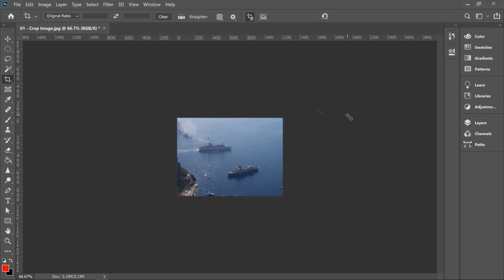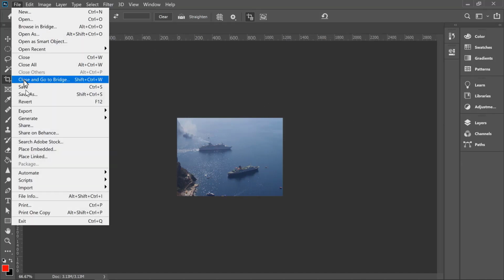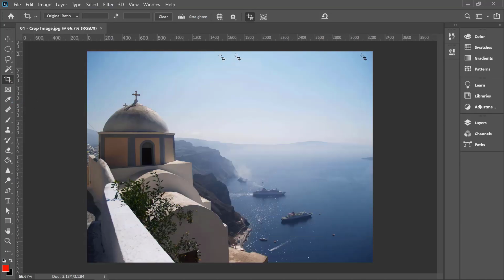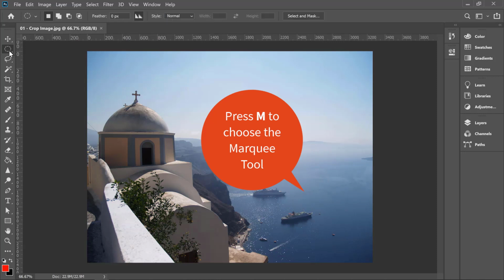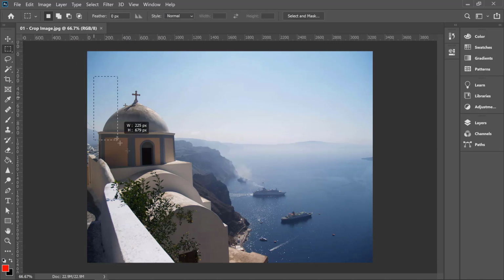Now let's just go back a bit, and I'm going to choose File and Revert. So I'm back to my original image. There is another tool that we can use to crop with, and it's the Marquee Tool. So I'm going to drag out a rectangular marquee around this building here,